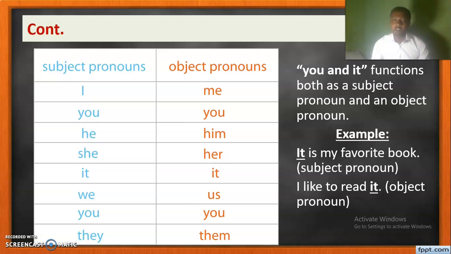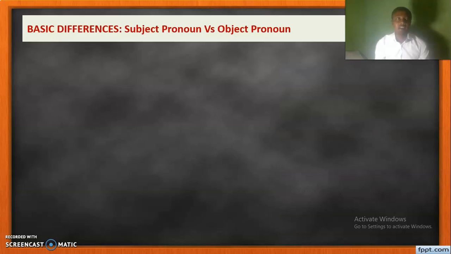pronoun. You have these examples, for instance, it is my favorite book. We have used it as a subject pronoun in this sentence, and we can change it even as an object pronoun. I like to read it. It is used to replace the object noun in the first sentence, book. So have this in mind, and let's continue looking at the basic differences among the two pronouns, subject and object